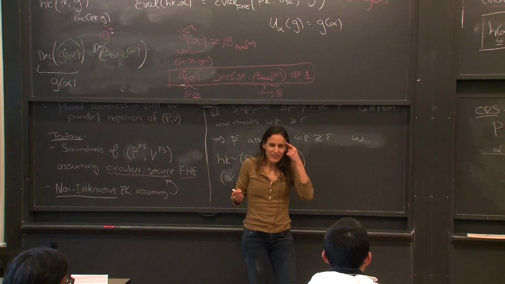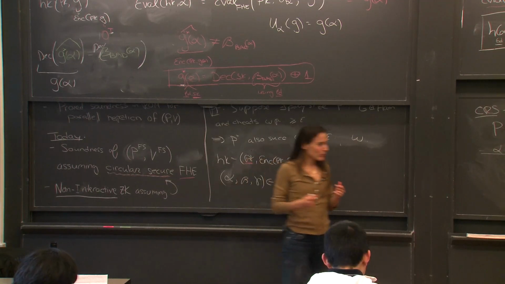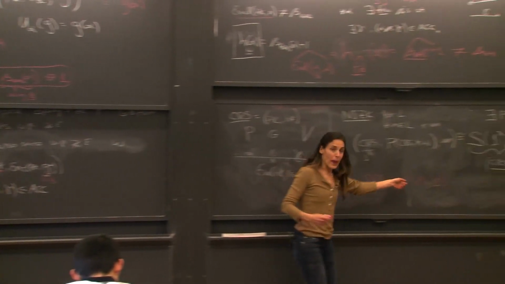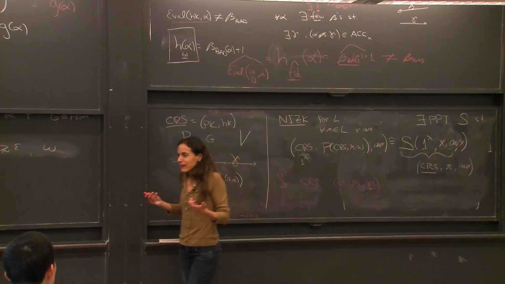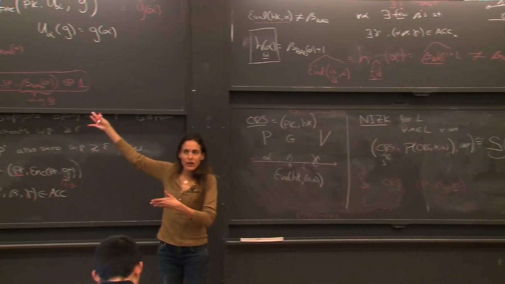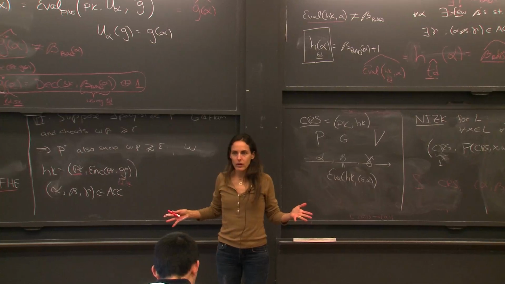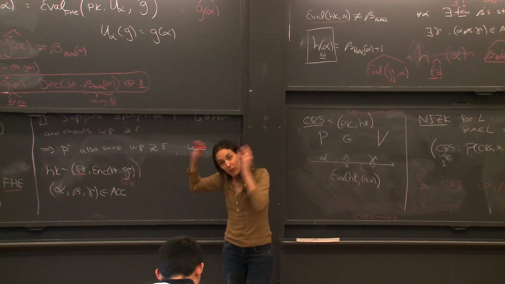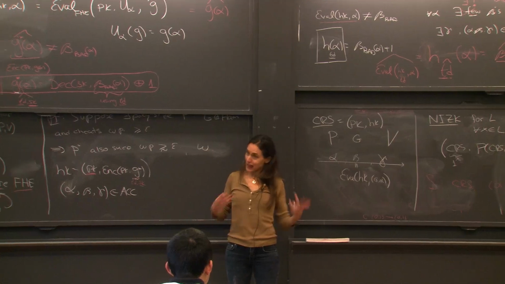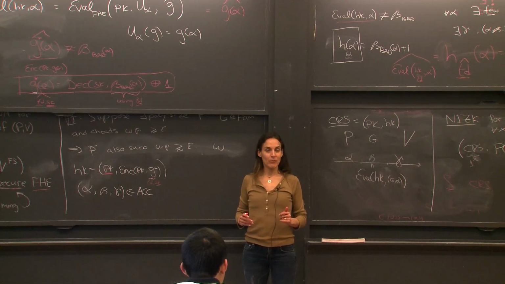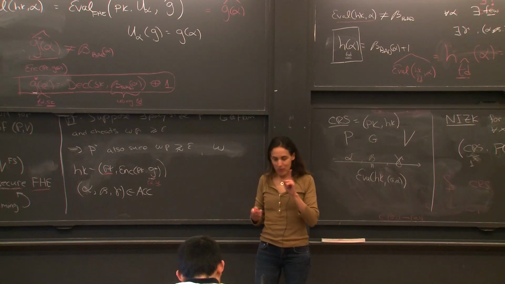Now, to succeed for X not in the language, I need to generate beta that's bad, otherwise I can't succeed. But how can I generate beta that's bad? Remember, the encryption, it's a problem. The reason it's not a problem is because I'm going to break the encryption. I get to choose it. I choose the encryption. I chose it with a secret key. And actually, let me be,